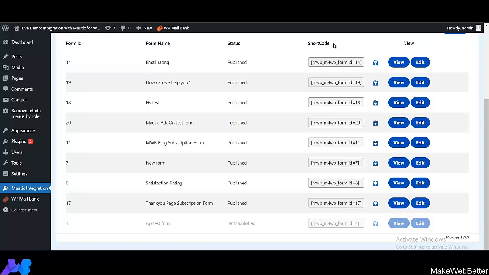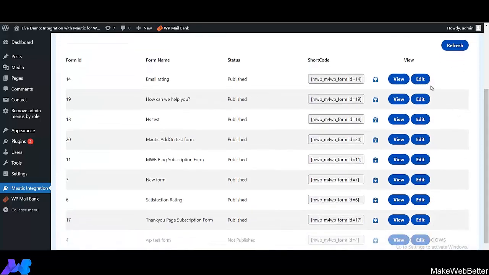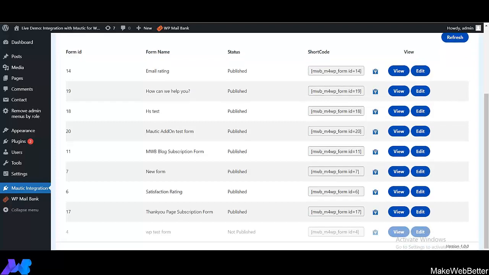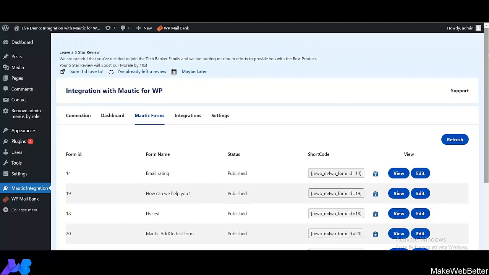The best part over here is that, guys, we have introduced the edit button. With the help of this edit feature, if you want to introduce changes in your form depending upon your business needs and requirements, you can do it right from here. Just click on this edit button and you can edit the form based upon your requirements. So guys, this is how you can create the forms on your Mautic CRM and publish them for your customers on your WordPress website. And from here you can see the preview of each and every Mautic form that you are creating for your customers. So guys, this is how Mautic forms is definitely going to help you capture more and more information of your leads and help your customers reach out to you more easily and more effectively than before.